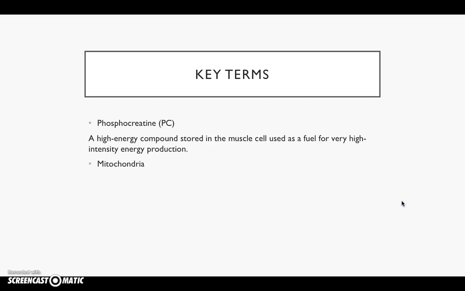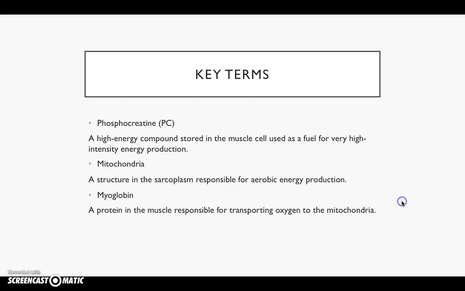Okay, we've got mitochondria. This is a structure in the sarcoplasm responsible for aerobic energy production. So that's what mitochondria is. And myoglobin, a protein in the muscle responsible for transporting oxygen to the mitochondria. So they are your key terms that you'll need for the lesson on